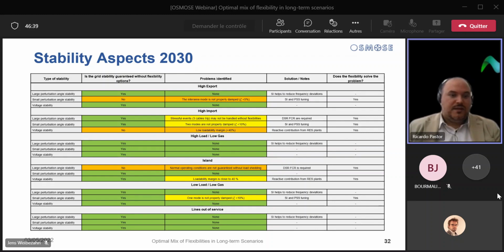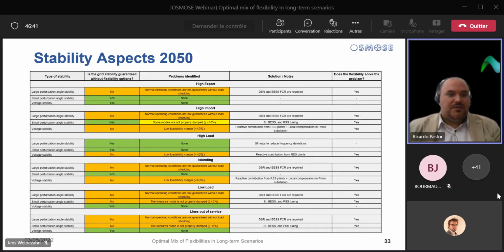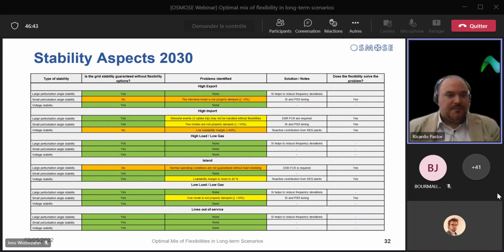Please stay. On the small, previous, Jens, please. On the small perturbation stability, it has been found that the system does not present any major stability issues, with the exception of a high export dispatching profile, which presented a not properly damped oscillatory mode. Nevertheless, this stability could be improved thanks to synthetic inertia contribution from wind farms and the tuning of a relevant